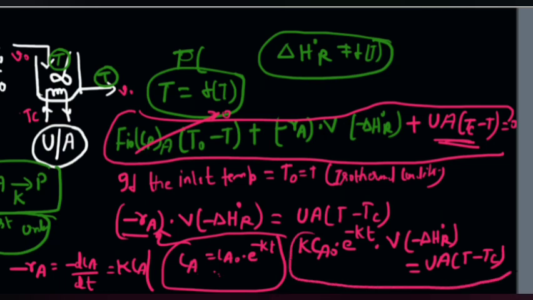So my dear student, from here you can see this is a function of time and this is a function of temperature. So this temperature is going to vary with respect to time, meaning the temperature attained inside the reactor at a particular time, due to the chemical reaction taking place inside the CSTR. You can calculate it very easily from this data. One GATE exam has asked a numerical on this topic also, so you need to focus. It's a very important thing from the GATE point of view.